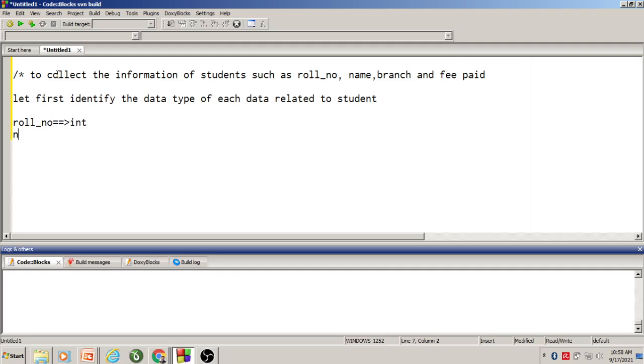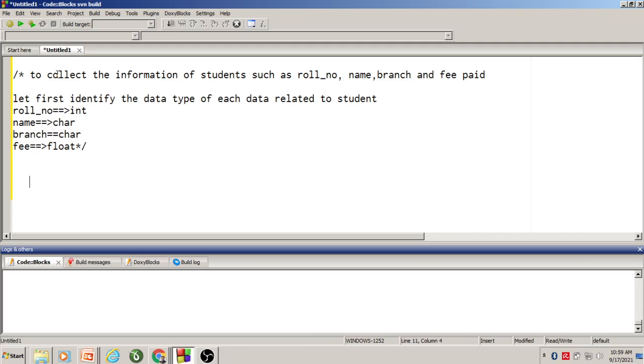Second is name, its type is character. The third data is branch, so again this is a character. The fourth data is fee, so this is a floating type. Here we are collecting the heterogeneous information related to the students. So therefore we have to use a structure concept.